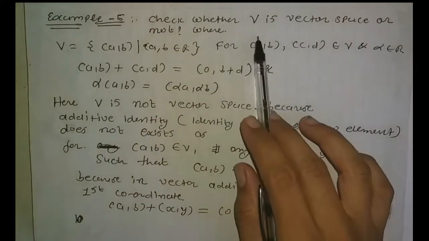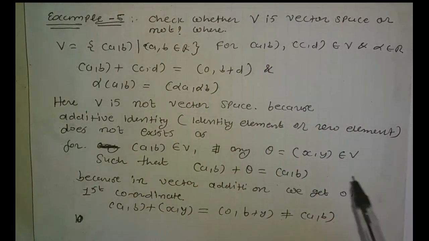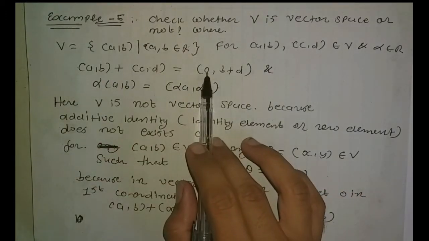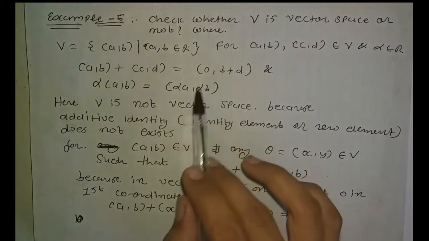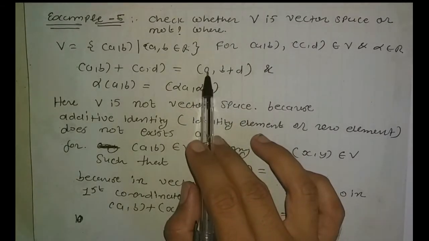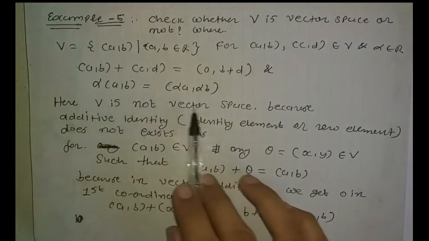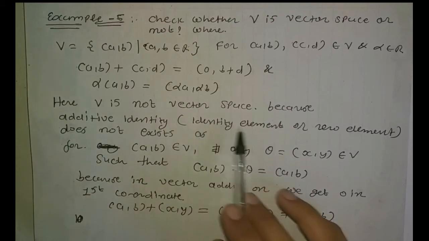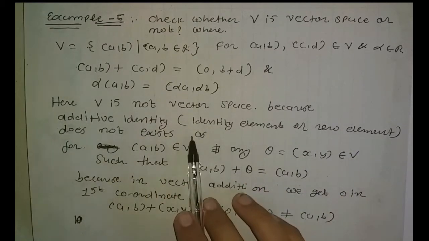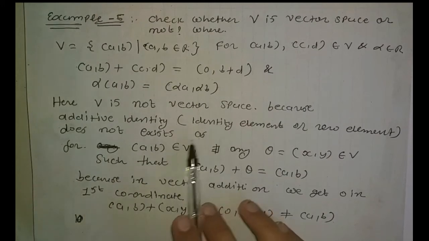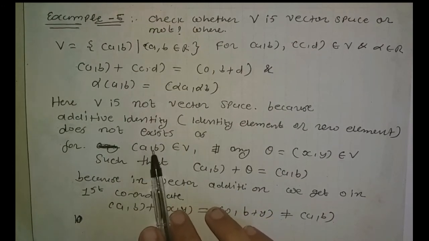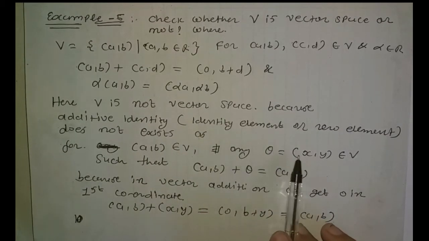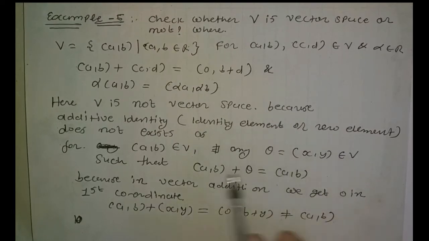Now here the given set V with the given binary operation is not a vector space, because in vector addition the first coordinate will become 0. So there does not exist any identity element. So here V is not a vector space because the additive identity, also called the identity element or zero element, does not exist. If we consider any vector from the set V, there does not exist any theta equal to vector xy belongs to V